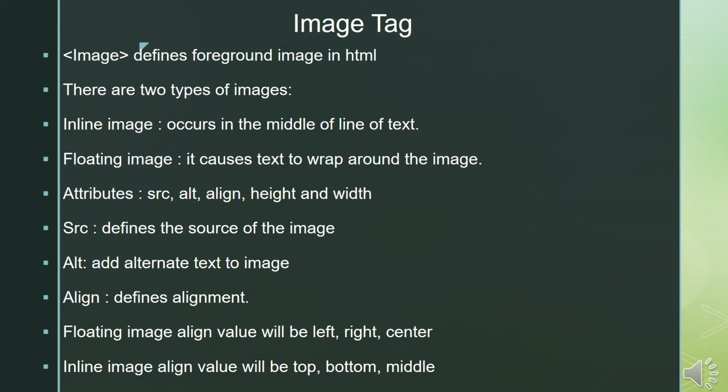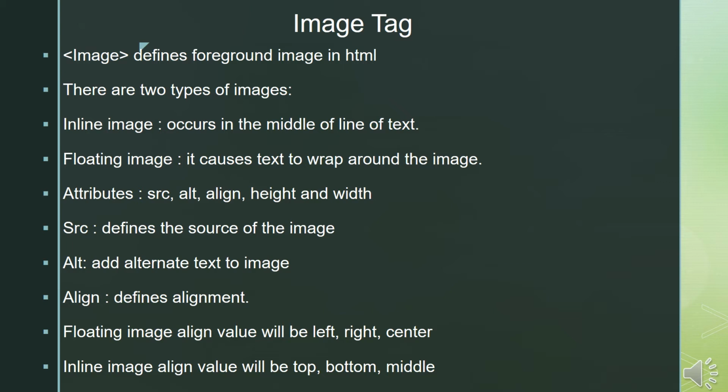The attributes related to the image tag are SRC, alt and align. SRC is a mandatory attribute with the image tag. So if I say image, that means you have to have the SRC attribute. The SRC attribute defines the source of the image. We have learned background as one of the attributes for the body tag, and in the previous PPT I have shown you how to set the source for the background. Similarly, you have to set the source for the image where it is located. So it will link your file with the image where it is located and it will be taken up into a browser.